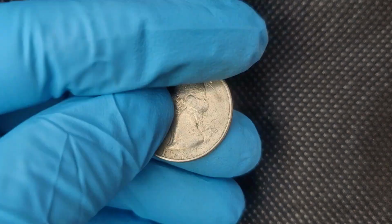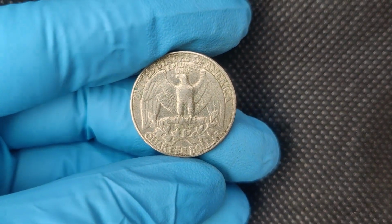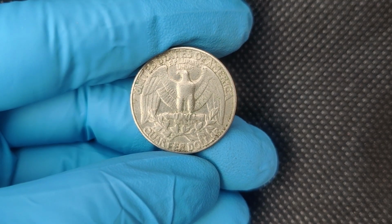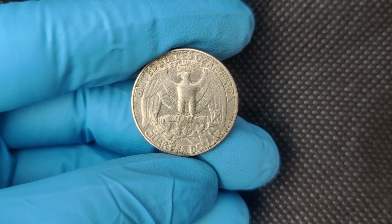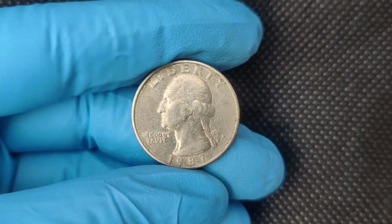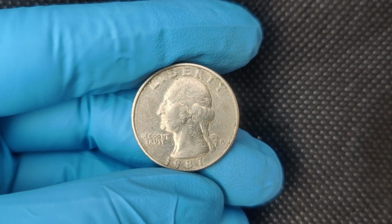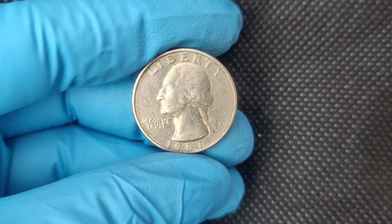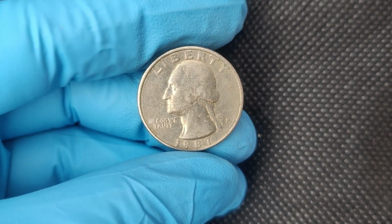Today, we're talking about something that might just blow your mind. One of the most sought-after coins in the history of American currency. You've probably heard of the Washington quarter, but have you ever wondered about the 1987 P Washington quarter-dollar coin? Well, brace yourselves, because we're diving deep into why this coin could be worth an insane $2.5 million. Yes, you heard that right,